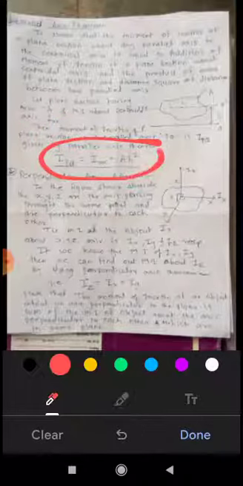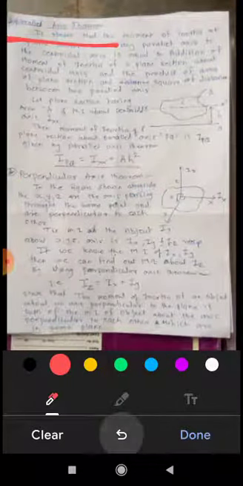This is the formula. Further we will calculate the moment of inertia of some standard shapes. In that case, for the same figure we have to calculate the moment of inertia taking different axes. For this purpose we have to study these two theorems, that is the parallel axis theorem and the perpendicular axis theorem. These two theorems we use for calculating different moments of inertia. Okay, now after the parallel axis theorem there is also the perpendicular axis theorem.